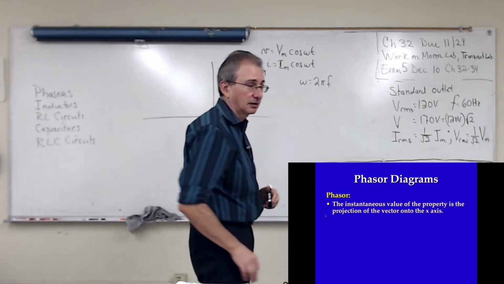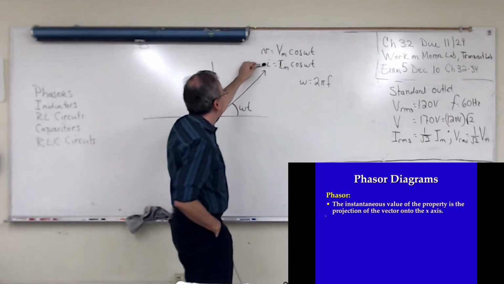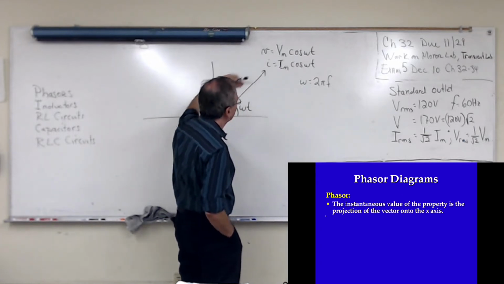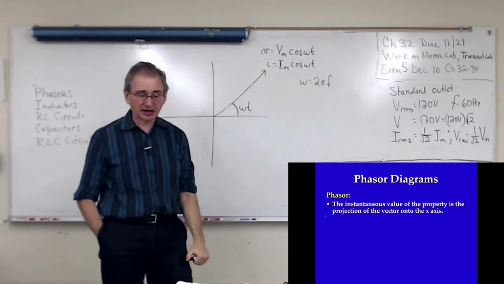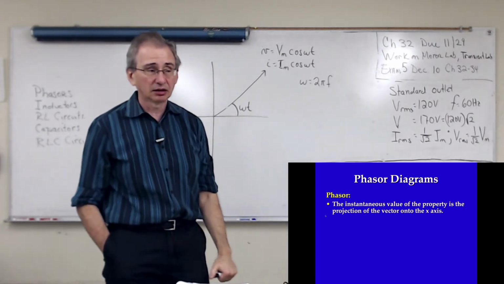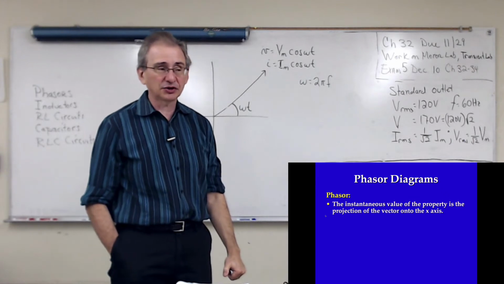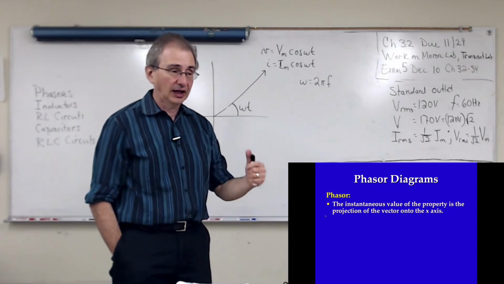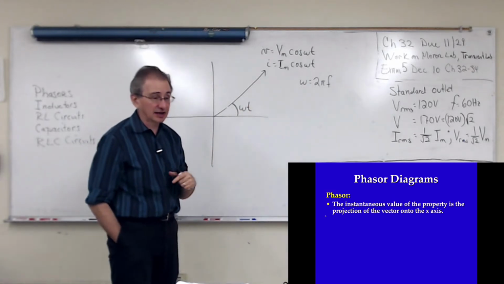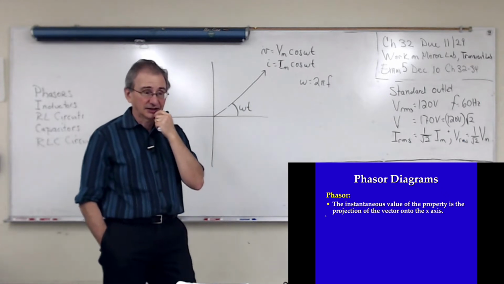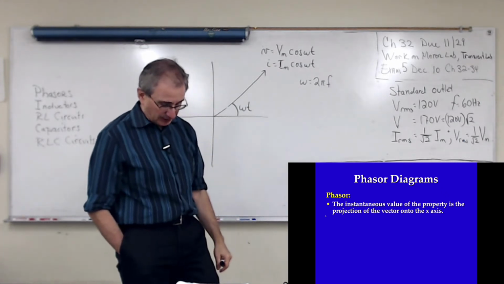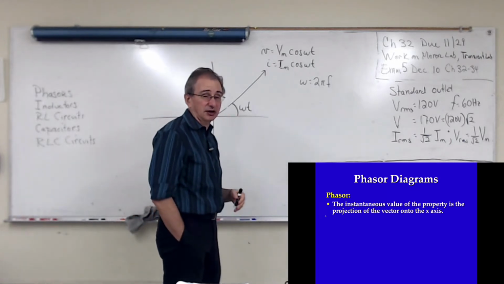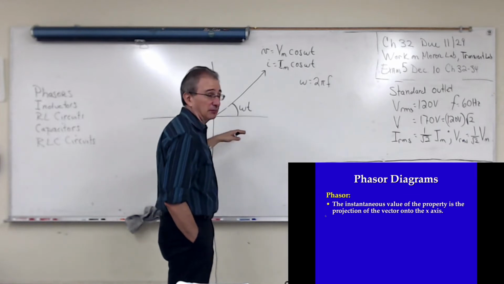The instantaneous value of the physical quantity is the projection of this vector onto the x-axis. So let me say something about this. Our book does not do that. Our book projects it onto the y-axis. Everybody else projects this onto the x-axis, okay? Except for our book. And the reason why it's important to project onto the x-axis is when you take a more advanced course in circuit analysis,